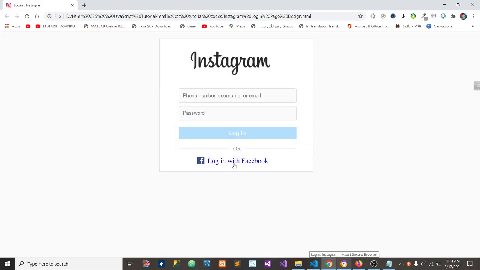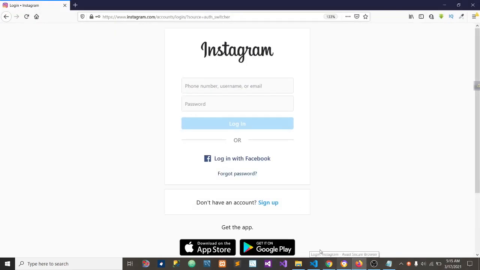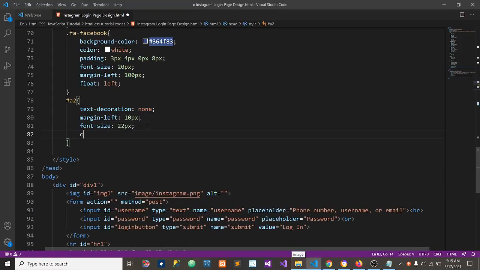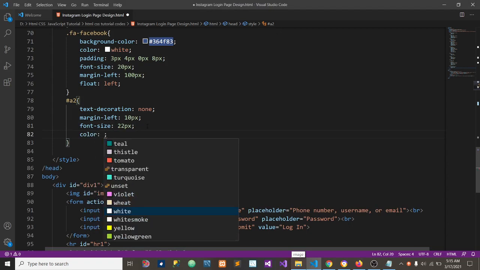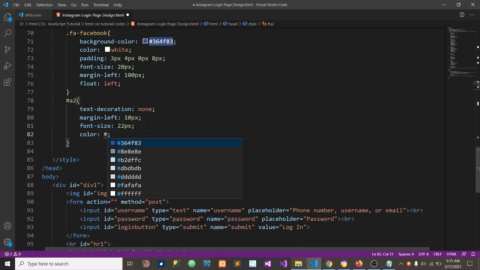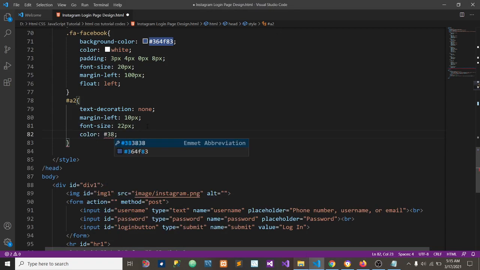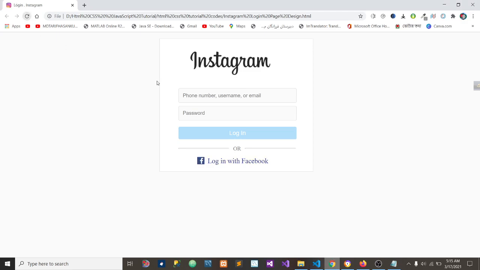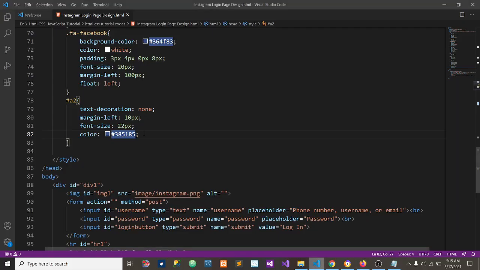So what can we do? We have to change the color. This color and this color are both different. So we will take the color property and we will write down the color code, and it is hash 85. Obviously you have to know the perfect color code, because if you write down the color name, it won't work because it is a different color code. Yes, now you can see login with Facebook and this option are almost the same, but we can do another thing,